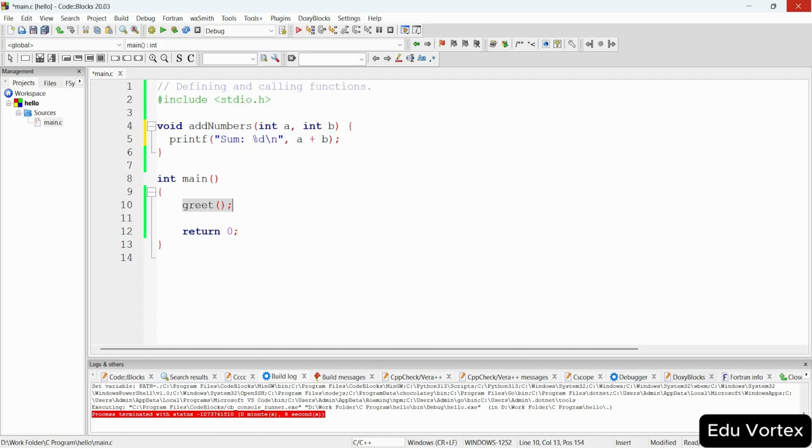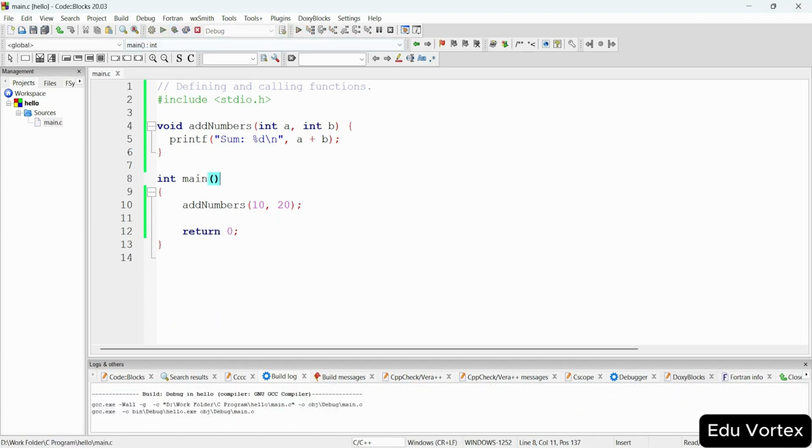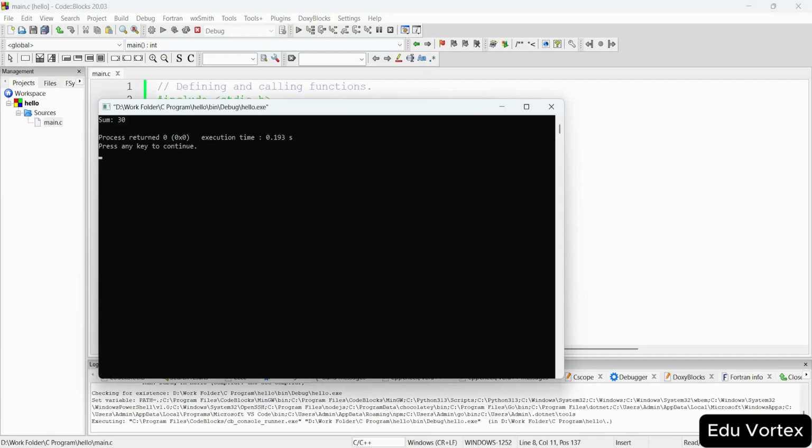And here we are creating the function call. So first we define add numbers, so the arguments are 10 and 20. Okay, so in this simple example, when the function add numbers is called, it prints the sum value. So just save this code and click on this icon and just see here the total output